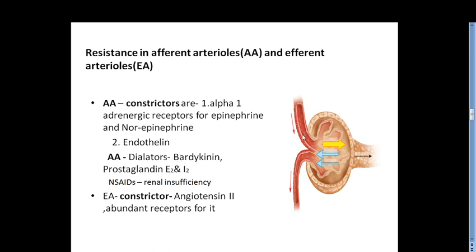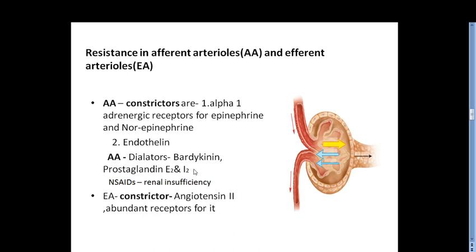Basically, these two prostaglandins are released by the smooth muscles of these blood vessels, and they are also secreted by the mesangial cells, which are present in between and surrounding these capillary tufts. In between these capillary tufts there are mesangial cells. They are also modified smooth muscle cells. They have constrictor capacity, and they also release these two substances, prostaglandin E2 and I2. So they have vasodilator effects.